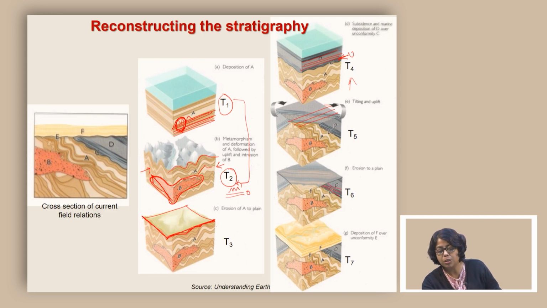So, there was a deposition of D, but then you have tilted the block and removed this part, and in cross section it will look like this folding and then finally deposition of this D. Now, the D clearly could not deposit at an angle. So, from this we can deduce that D actually deposited in a horizontal fashion, but then got tilted and eroded. Finally, there can be another layer of deposition of F after an erosion, which we see here,